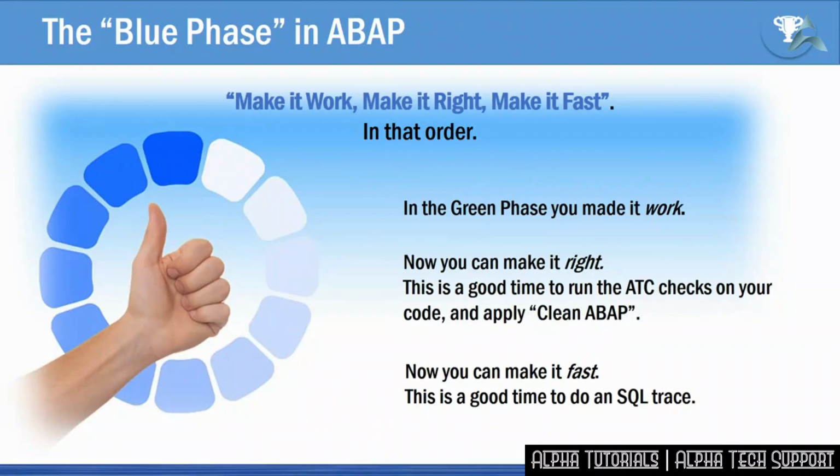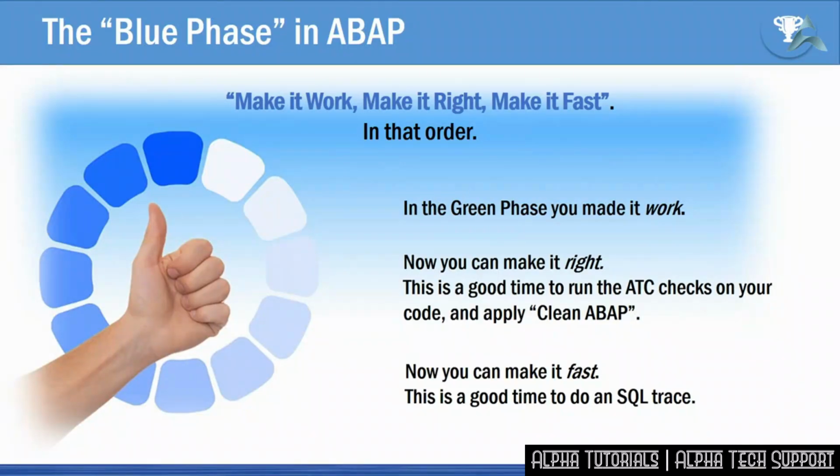Identify 10 things to be improved using the ATC checks and style guides and what have you. Don't change them all at once. Do it one at a time, and after you've made each change, rerun the unit tests. Since all the tests passed before, you'll know instantly if your improvements have broken anything, either the test you're currently working on or any prior ones.